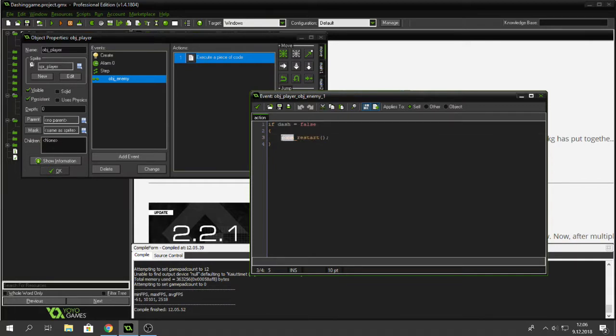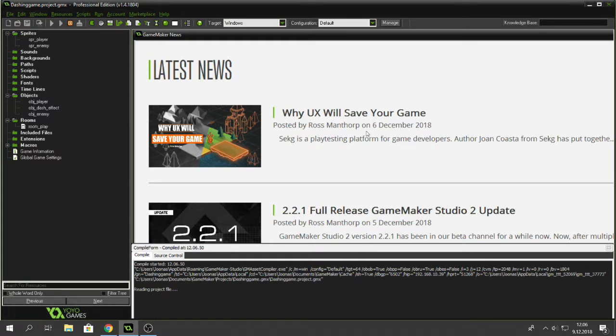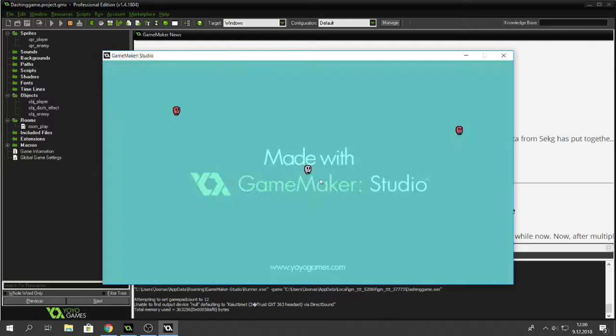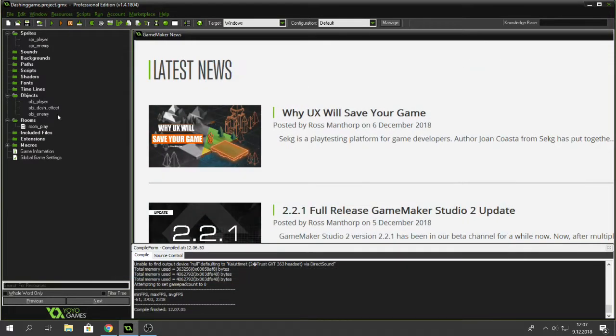Let's have game restart. Okay. Yes. Now the game restarts if we die. Good. Now let's add the enemy spawner,